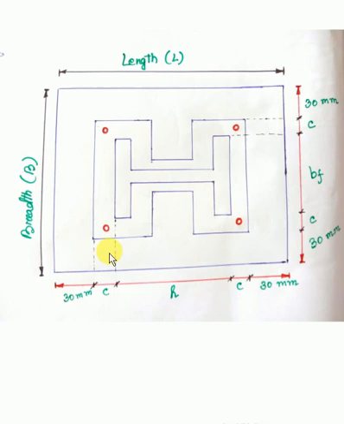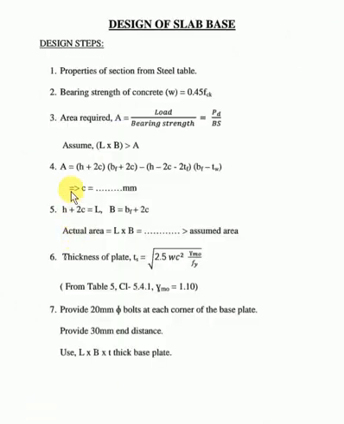This portion is shown in the figure, and this 30 mm is the distance from the base plate to the slab. So the total length of this slab base is H plus twice C plus this 60 mm, and this is the breadth, which is equal to BF plus twice C plus 60 mm, and these are the 4 bolts. We assume them as 20 mm diameter. Now for this base plate, what will be our length? H plus twice C, and in this way for the breadth, BF plus twice C for this base plate. So this is the C.